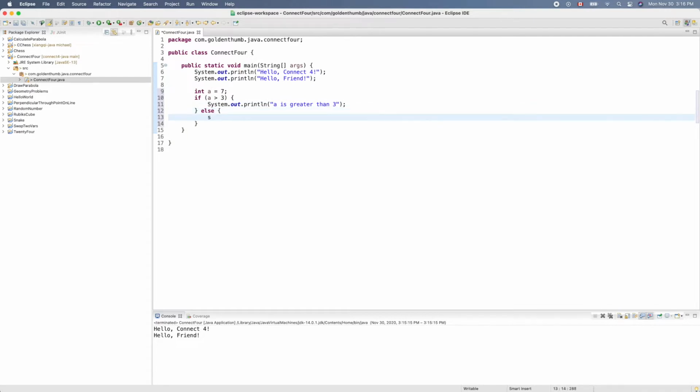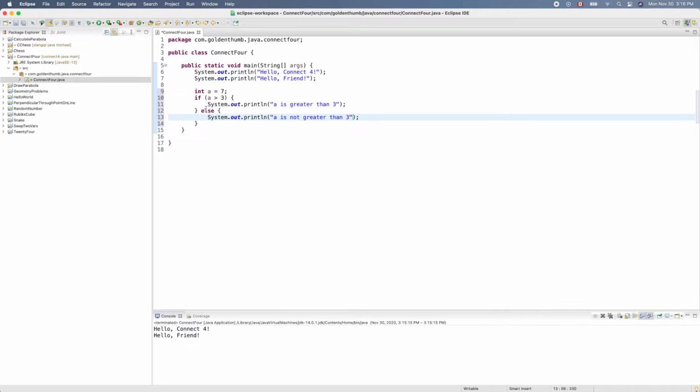Otherwise, we can print a is not greater than 3. Okay, so the second important thing in any programming language is the branching, right, based on